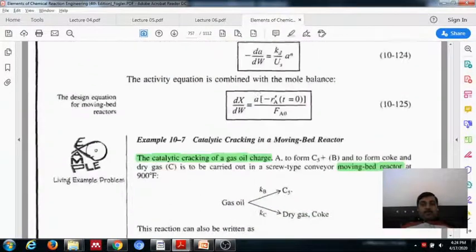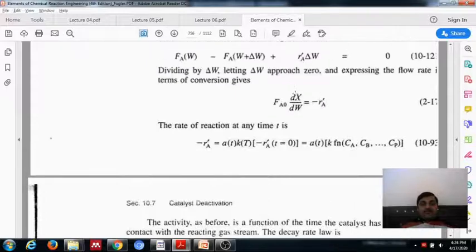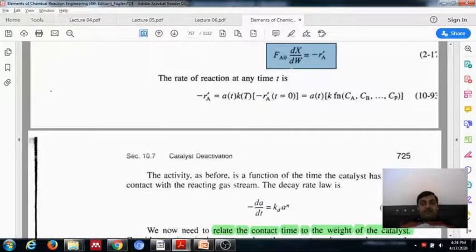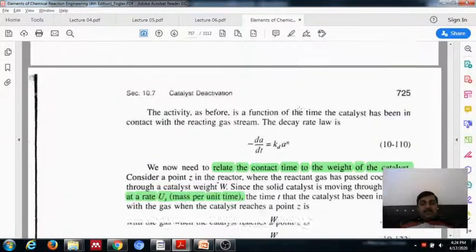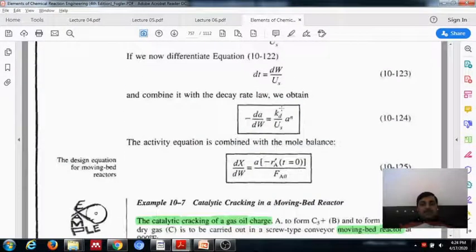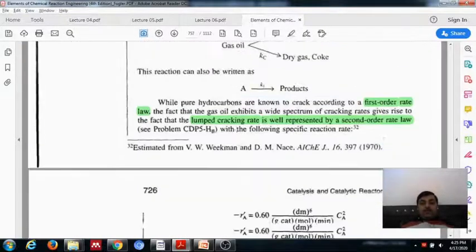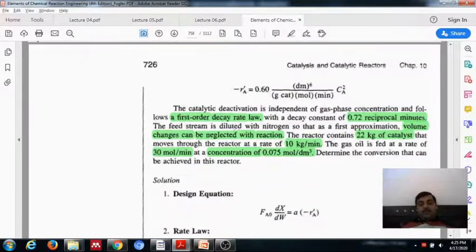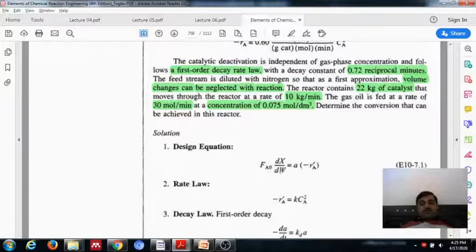So let us go back to what we already know. Conversion with respect to the rate is known to us. If we solve this, we will be able to know the conversion with respect to the weight of catalyst. But this rate is a function of activity, and that activity is solved using kd by Us, A raised to power m. So we need to solve two different rate equations, one being the rate expression and the other being the decay law. So the rate expression is FA0 dX/dW is A into minus RA dash,